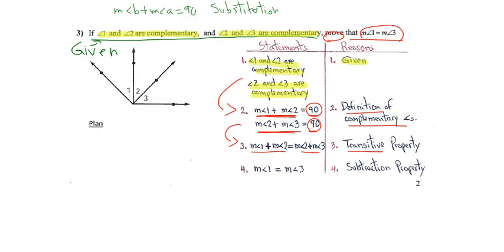So now, how do we get from step number 3 to step number 4? If you notice on both sides, we have the measure of angle 2 and the measure of angle 2. So we just need to get rid of that from both sides so we can get the measure of angle 1 is equal to the measure of angle 3. So since we are adding the measure of angle 2, to get rid of that, we will need to do the opposite, which is subtracting. So I will subtract here the measure of angle 2. And since I need to do the same thing on both sides,